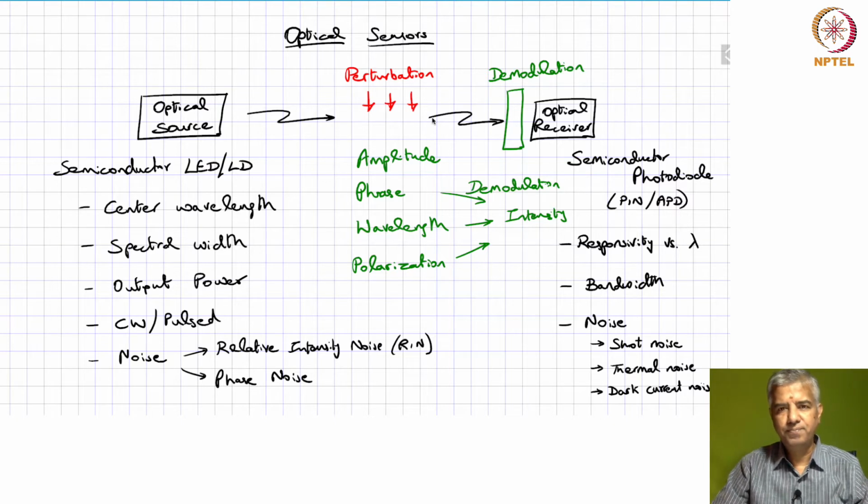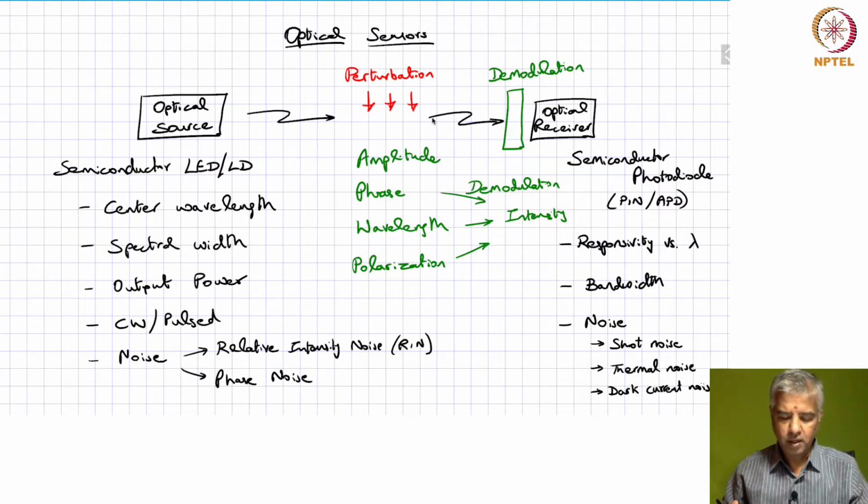Hello friends, in the last lecture we started talking about the design of optical sensors, and we realized that any optical sensor is going to have an optical source, and the radiation from the optical source is going to be exposed to some perturbation, and that perturbed light, or the modulated light, is going to be picked up by an optical receiver. So in our last lecture we were looking at typical optical sources, which are the semiconductor light emitting